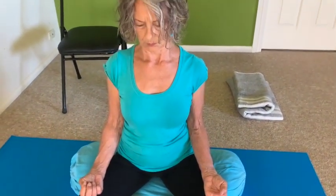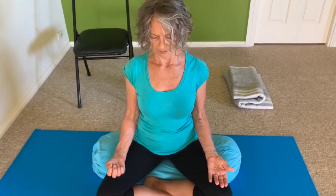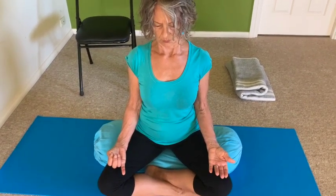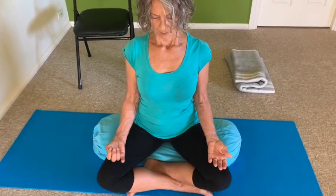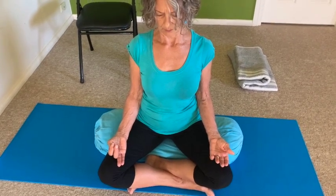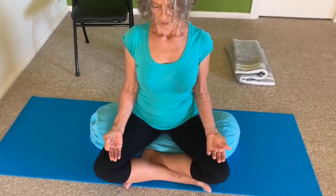So probably longer inhalation, exhalation as you go along than your normal breath cycles, and counting off on one hand and then starting on the second hand. You can do a set of 10 breaths, which I'm demonstrating here, or you might do 3 sets. So you've done 30 Who breaths altogether. I think more is better in this case,